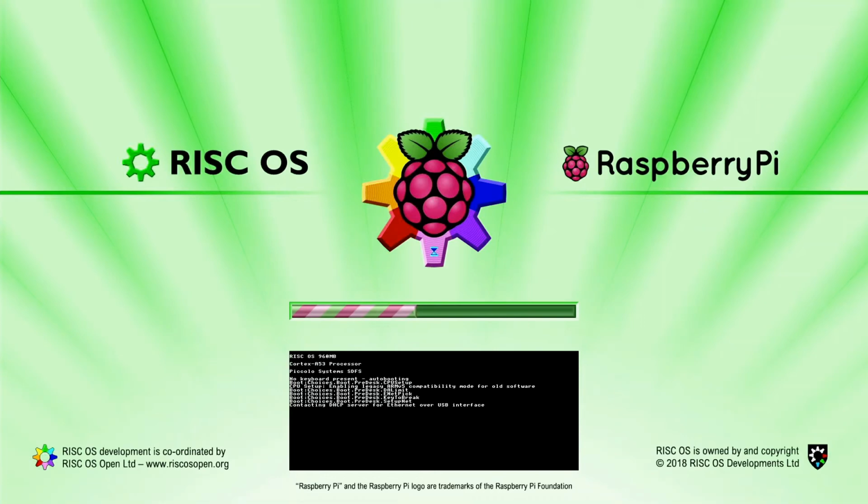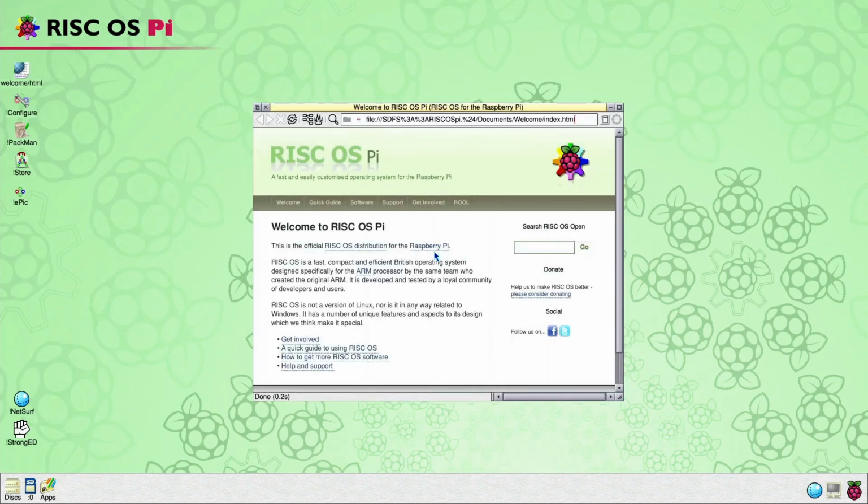After a few seconds, you will be presented with the desktop. As this is the first time launching RISC-OS on this machine, a welcome guide is opened in the web browser. This will not be shown on subsequent launches. As we can see here, the available capacity of the SD card is around 2 GB, despite a larger capacity card having been used. A future video will cover how to claim the additional capacity.